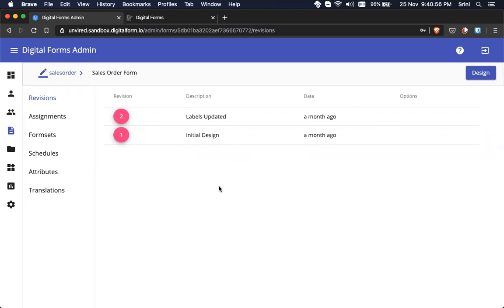So what do we mean by revisions? Maybe a form is designed and released or published for people to start filling. And the company might want to make further enhancements to the forms, right? So you can go ahead and do that without disrupting any work, because whatever work you do goes into a draft mode. And once you're happy with the end result, you can then go ahead and publish the